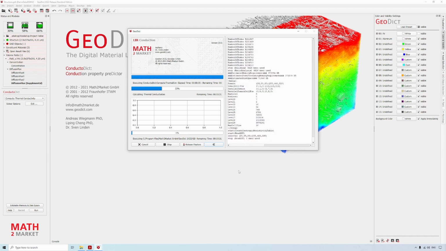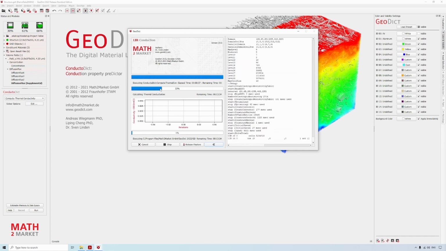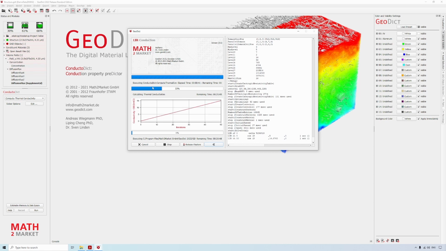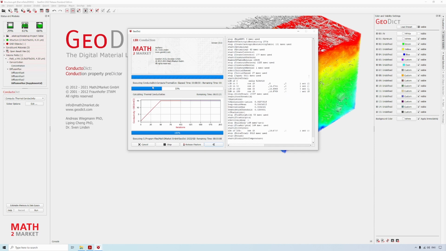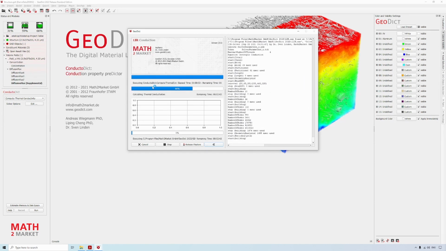On the progress bar, we can now see that the first third is done. So the first direction, the X direction, the thermal conductivity was computed successfully. The Y and Z direction will take about the same time. So in the end, we might need 3 minutes to have everything done.